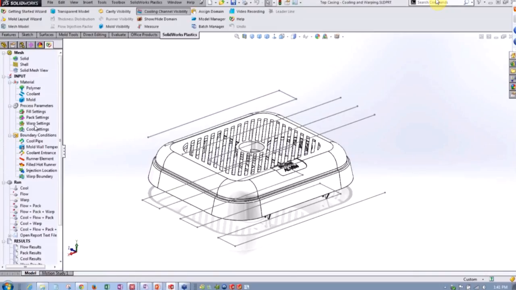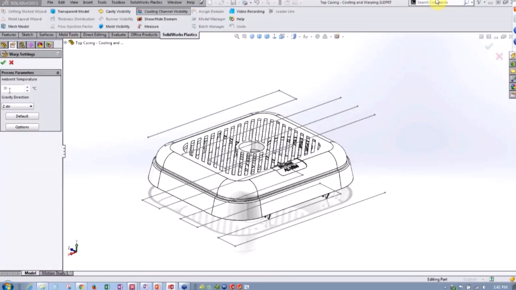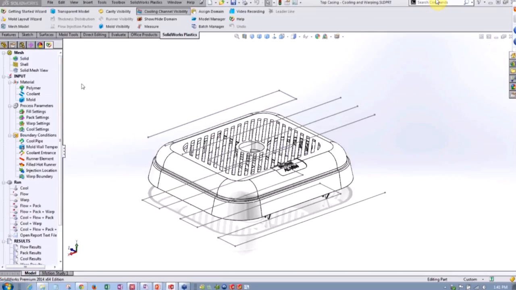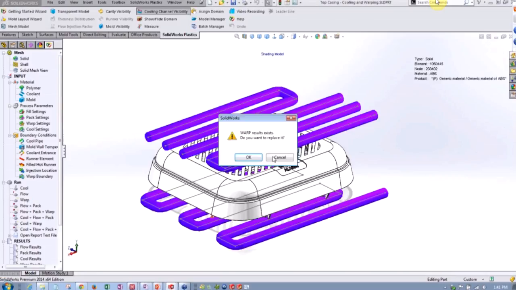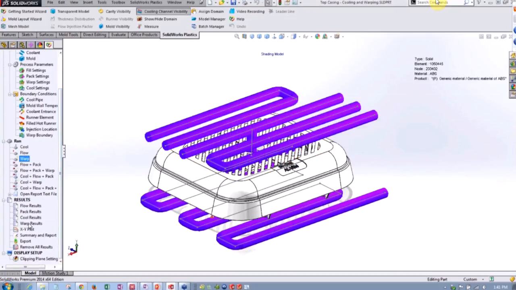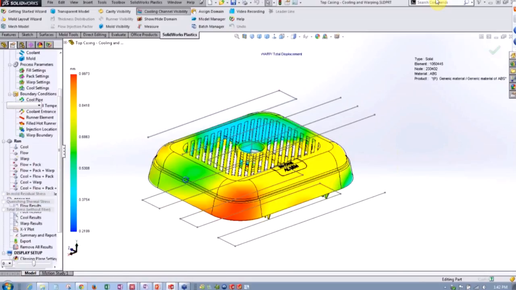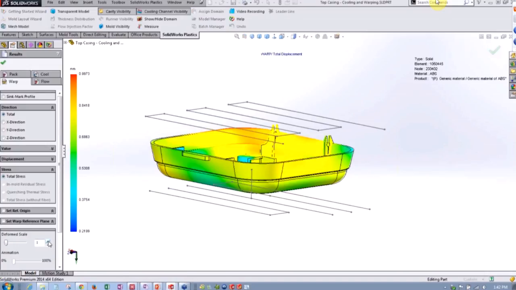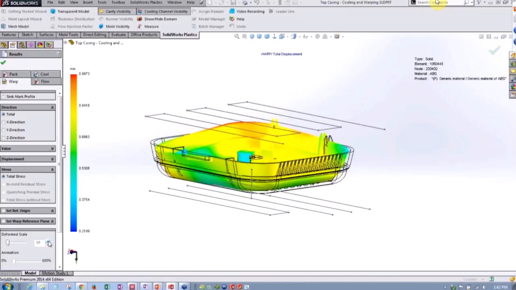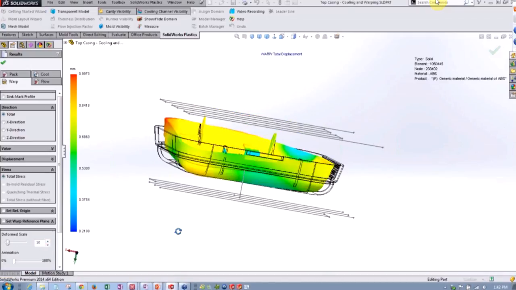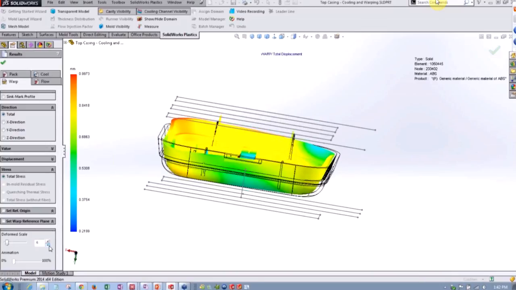We have warp settings, which is just going to tell us what's our outside ambient temperature and a direction for gravity. And once we do that, we get some really nice warp results in terms of how much this is going to shrink, how much it's going to twist. We can bounce up the scale and see how much this is warping and twisting, or dial it back down to a 1 scale, which is going to be a true